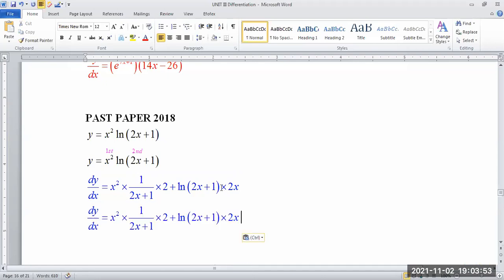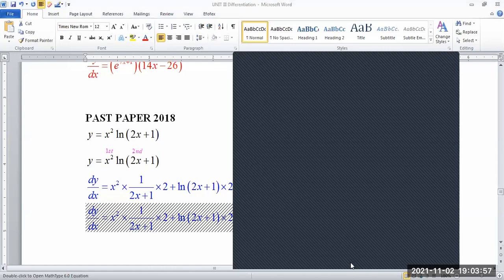What sir is going to be doing right about now is to fix it up. And how does sir fix up the stuff here? I can put that in parentheses. I can call this over here and put that as 2. And I'm actually typing while I'm speaking so that when I'm finished, you can see what sir has.